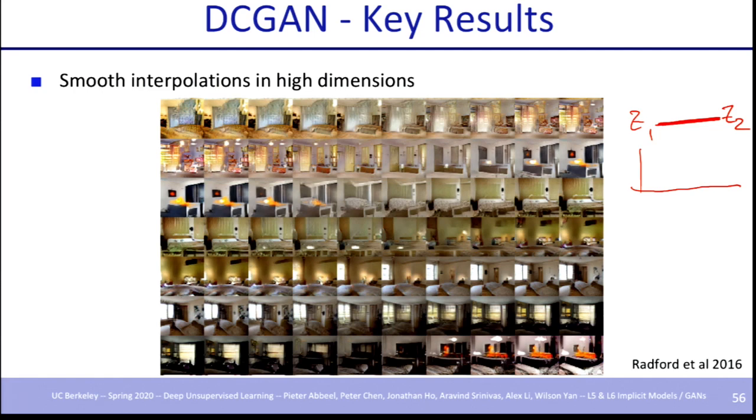One subtle point about this is it depends on how you take the Z's in between. You could imagine taking a high-dimensional Z1 and a Z2, and you could take all the points in the straight line, or you could think of all these coming from a spherical Gaussian, and you take one particular point and another particular point. You just take the circle that is in the sphere, and it turns out that you can produce better samples if you sample from the circle instead of taking just a straight line. This is not used in the DCGAN model, but in the later demos of GAN sampling or interpolations, people prefer to use the spherical sampling.